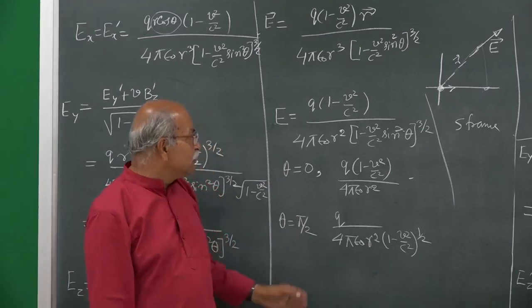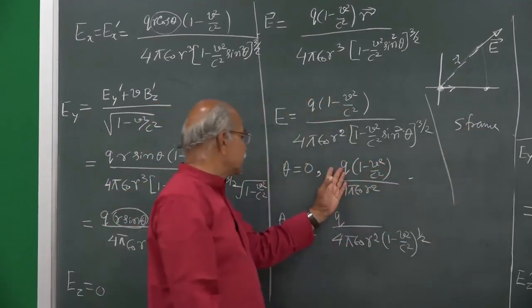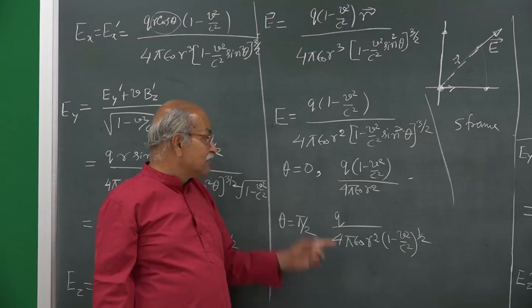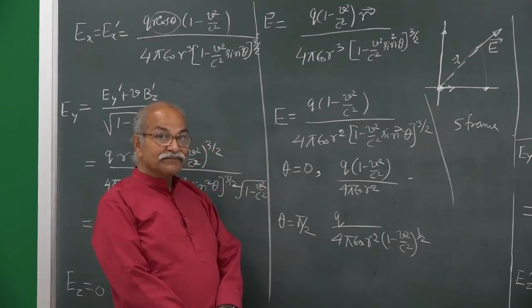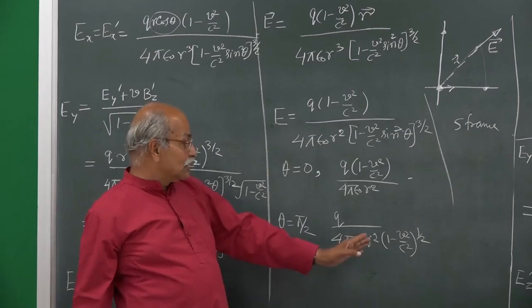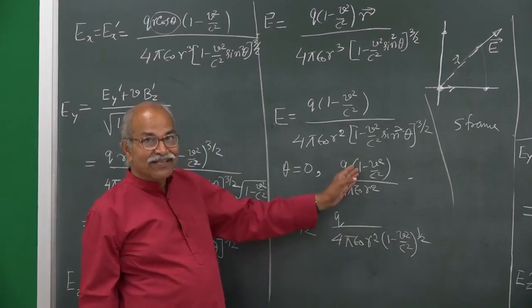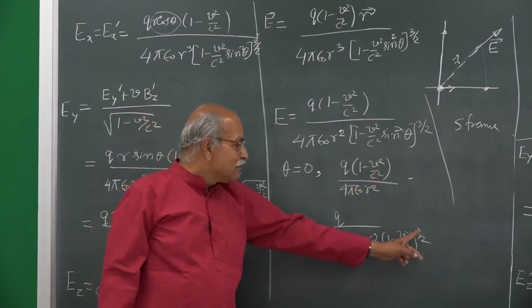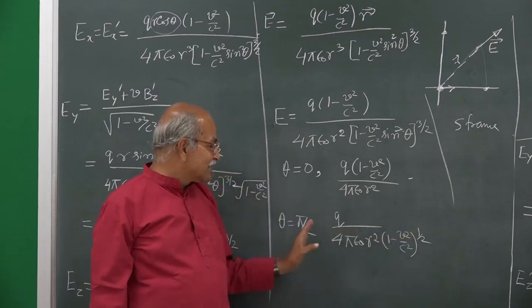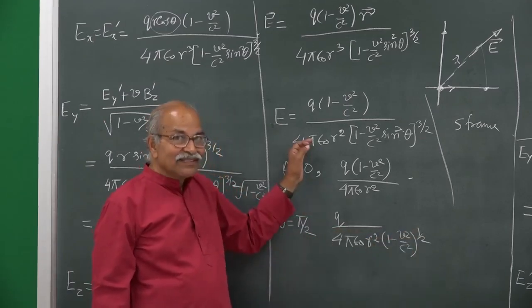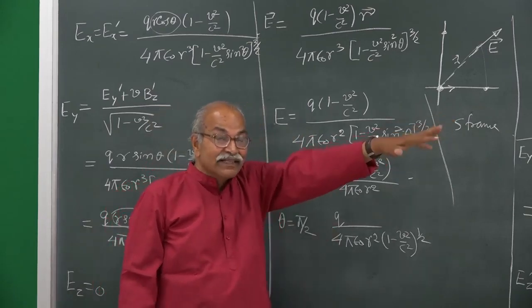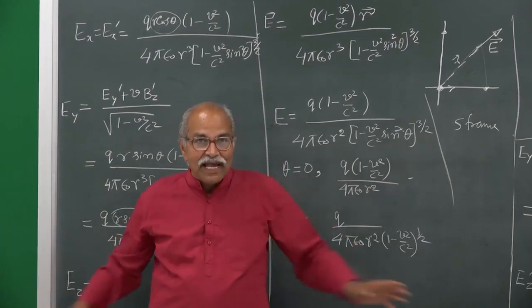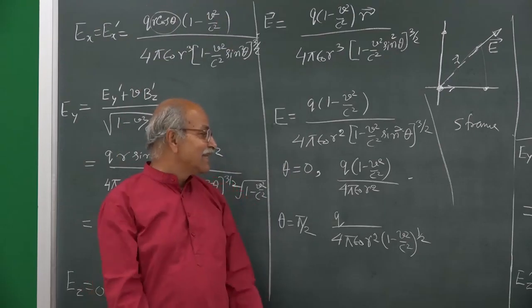So, it is just the square root of this. So, you can see that if you are here, the field is this much, and at the same distance if you are here, the field is this much, and they are different. Which one is smaller and which one is larger? This one is larger and this one is smaller. You are multiplying by a quantity which is less than 1. Here you are dividing by a quantity which is less than 1. So, when the particle is going in the x direction, then in the forward side or backward side the field is smaller, and in the transverse side the field is larger.